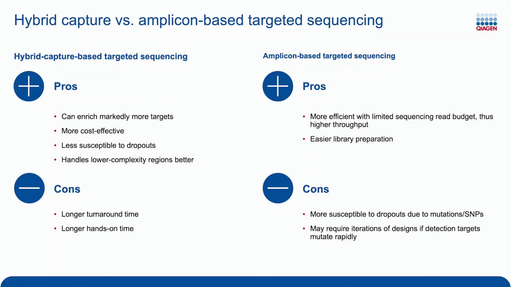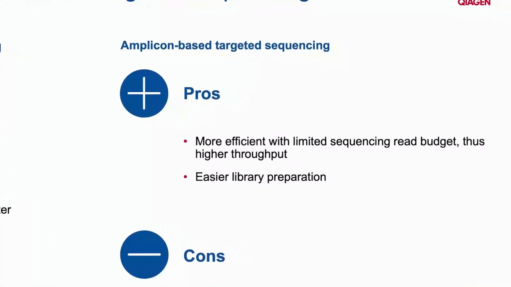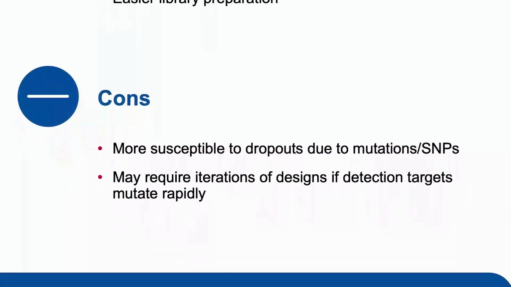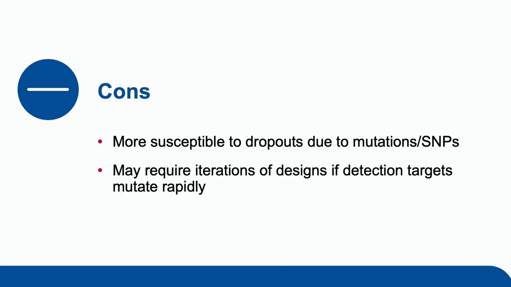So Ellen, what's a quick and dirty summary, the pros and cons of amplicon-based methods and the hybrid capture-based method? Okay, so let's start with amplicon. As we were explaining, it's great if you have a low sequencing budget and you want to focus on a smaller subset of the genome. It's going to be quick, it's going to be high throughput, and it's going to save you money with that lower sequencing budget. However, it might actually miss out if your target mutates rapidly. You might need to go through several iterations of the design, and you might miss out on some very complex